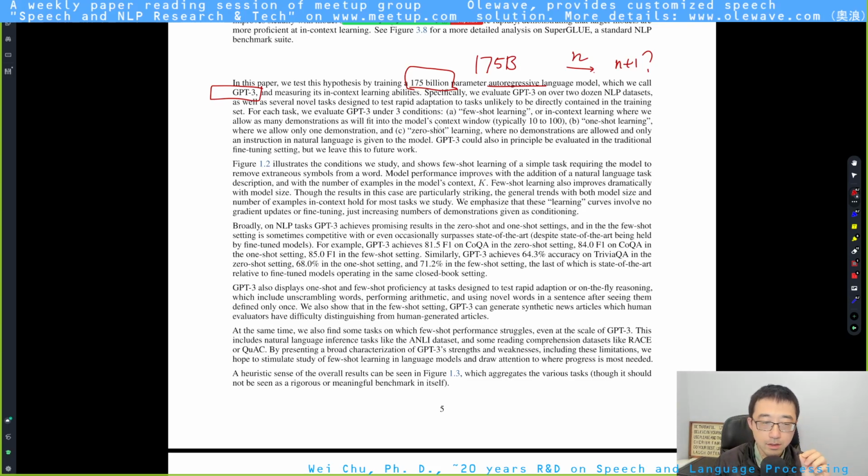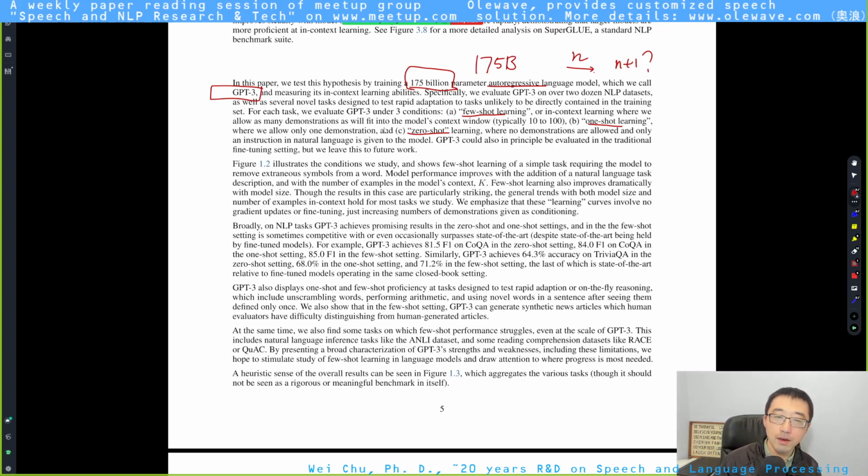So you can stop the autoregressive process anytime you want. They talk about 3 conditions. I think it might have been new back in 2020, but now it's 2023. Everybody should be very familiar with few shot, one shot, zero shot.